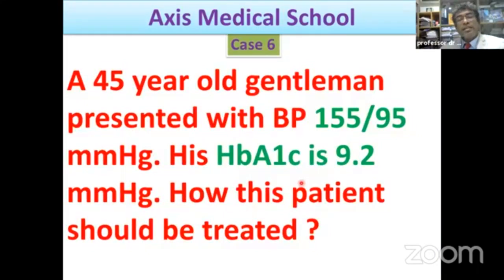So in the last case scenario, what have we learned? We have learned that if a patient has hypertension with ischemic heart disease, this patient should be treated with beta blocker as a first line antihypertensive drug. If a patient has hypertension along with heart failure and ischemic heart disease, in that case, first line drug should be beta blocker, and along with beta blockers, ACE inhibitor or ARB should be given. If blood pressure is not controlled enough with these first line antihypertensive drugs